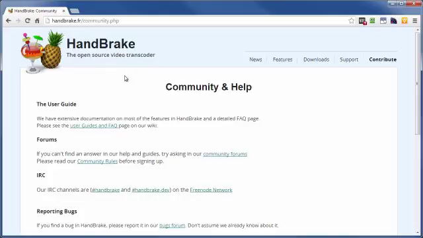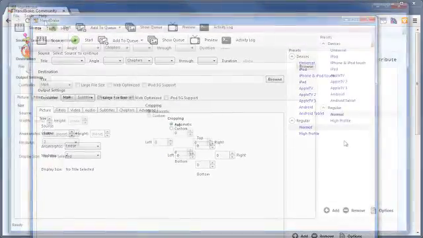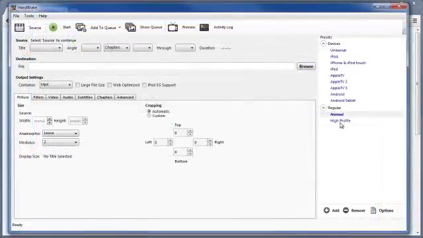So now then, you've got it downloaded, you've got it installed, and all that's pretty straightforward stuff, by the way. Now go ahead and open up your Handbrake software. And let's get this guy up here in the video. And you've also got these presets over here, and you can even create your own custom presets as well. So the first thing we want to do is bring in our source, or the video file that I want